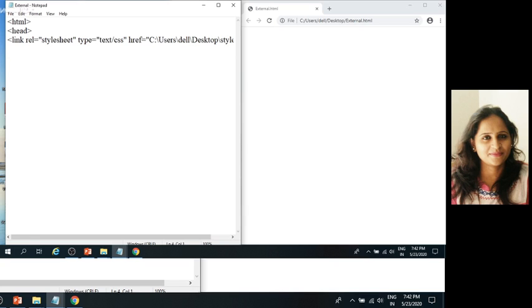Next, closing of head tag, start with body tag, h1, this is heading, closing of h1, closing of body tag and closing of HTML tag.